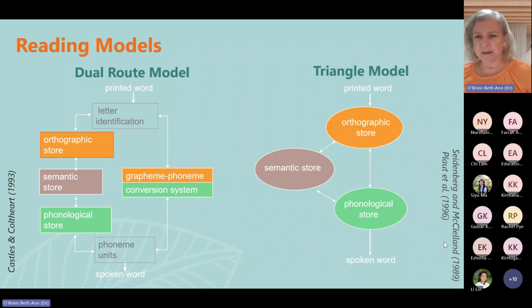So this debate is somewhat still ongoing. But it is interesting that these two sets of models show similarities despite coming from different paradigms. The dual route model was coming from behavioral studies of reading and reading errors, as well as reading disorder subtypes, whereas the triangle model was a theory that emanated from AI and computational modeling of the reading process. So we'll refer back to these a little bit, but just to give you some background on what these are.